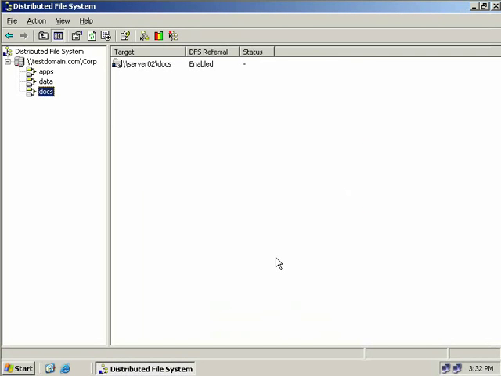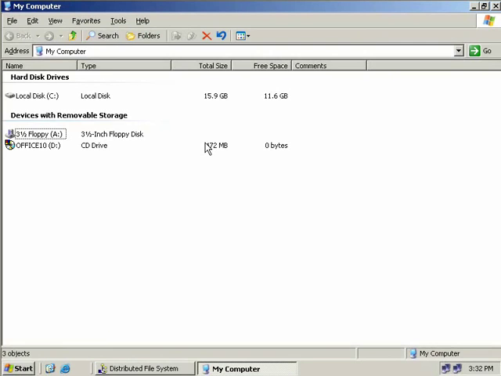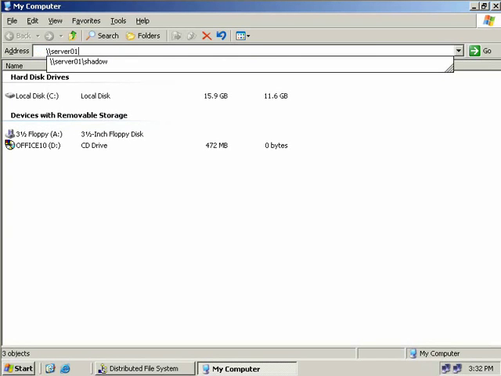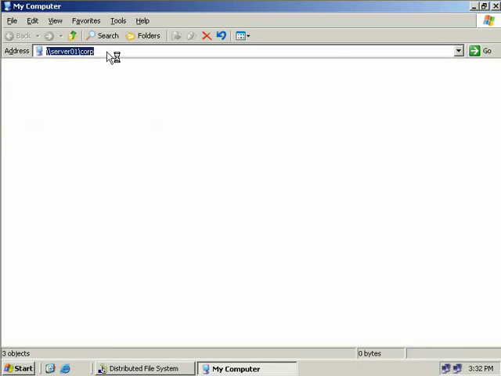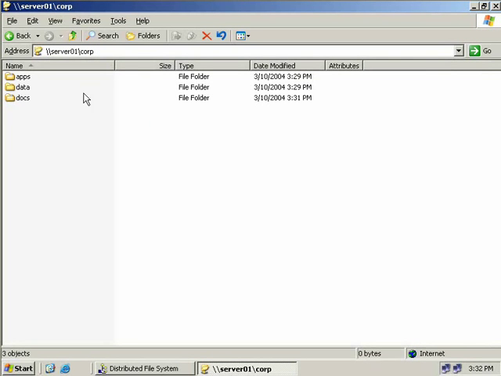Okay, now let's go and see our distributed file system in action. So we can simply go and open up My Computer. And in our address bar, we'll just enter in the path to the DFS root, which will be server01/corp, and hit enter. And inside we can see we have 3 shares all accessible from the one share point. Now you see it doesn't matter where our network shares are physically, we can now access them from the one single distribution point, and this can certainly make writing logon scripts and mapping drives and things like that so much